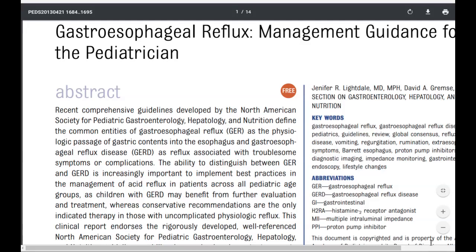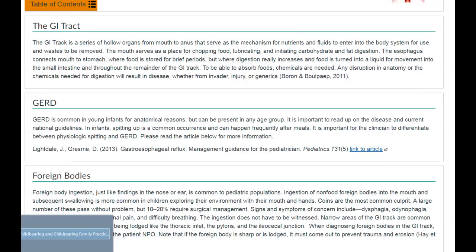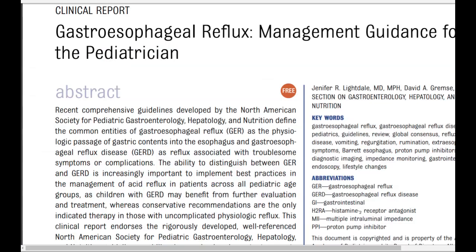GERD, Management Guidance for the Pediatrician. Abstract. Recent comprehensive guidelines define the common entities of GER as the physiological passage of gastric contents from the esophagus, and gastroesophageal reflux disease, GERD, as reflux associated with troublesome symptoms or complications. The ability to distinguish between GER, or gastroesophageal reflux, and GERD is increasingly important to implement best practices in the management of acid reflux in patients across all pediatric age groups, as children with GERD may benefit from further evaluation